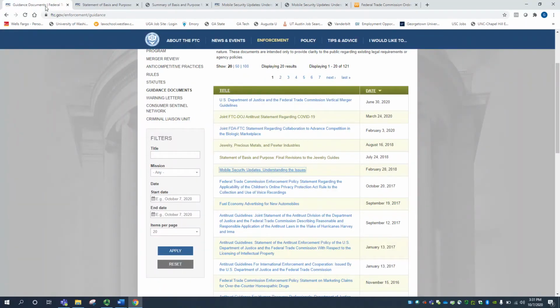Now, in general, guidance documents like these are going to be pretty important if you're practicing within a heavily regulated industry or area of law. And if that is the case, you're usually going to just become intimately familiar with the nature of that guidance in your area of practice as you gain experience.